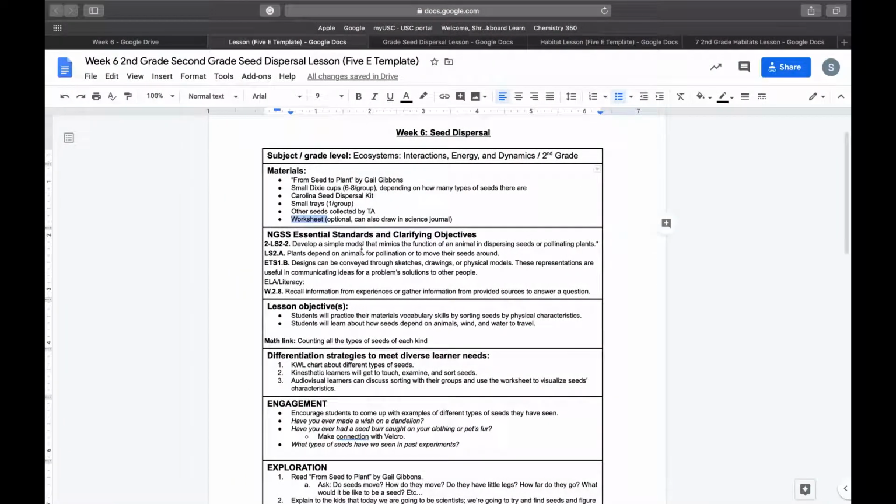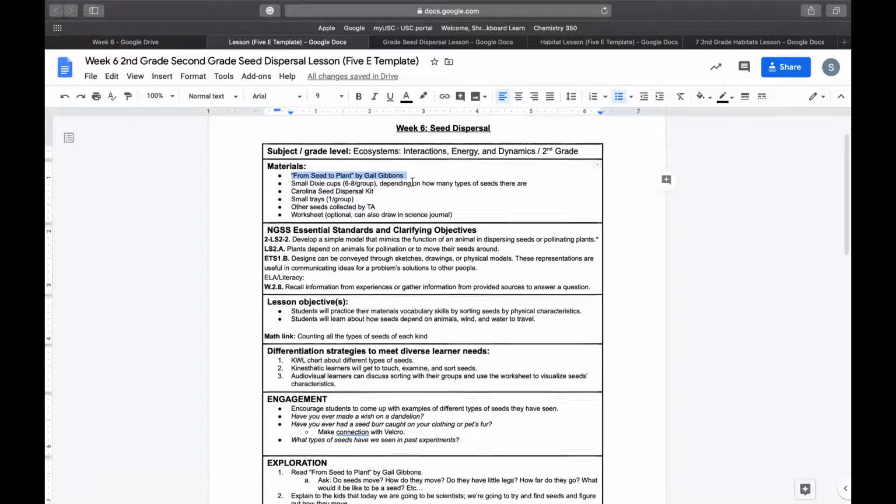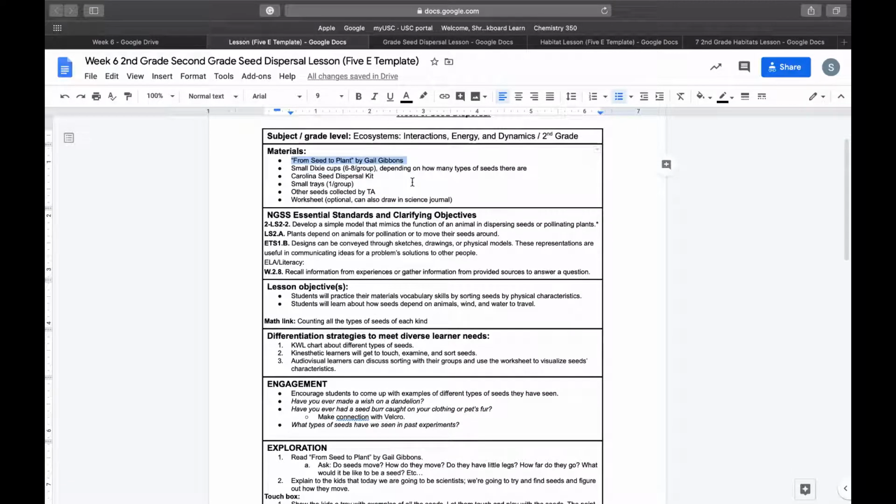So what happens is you get some trays, like egg carton-like trays, and then a bunch of seeds. If you want to read this book, you can. I generally don't have enough time to read books, but other TAs definitely do, so whatever you choose. And then how I do it is I give each table 3 to 4 kinds of seeds to start,